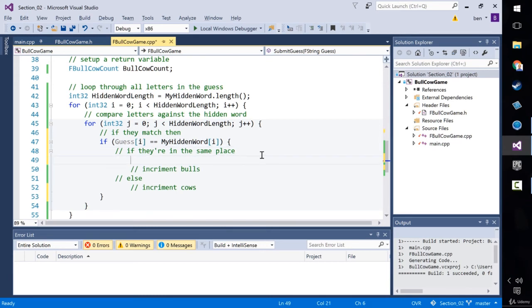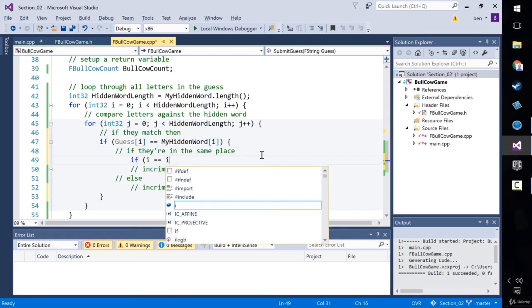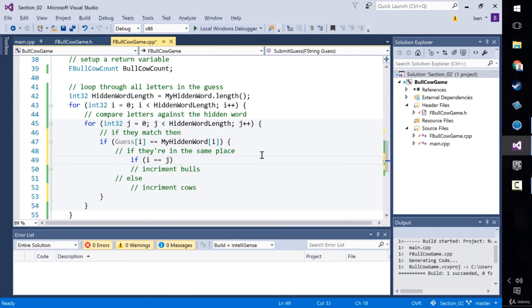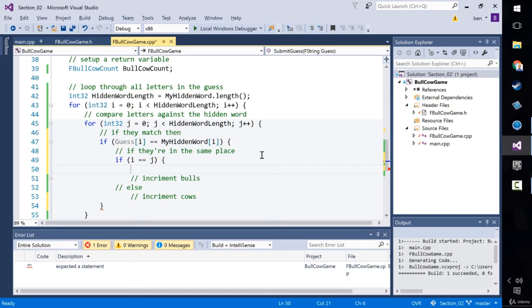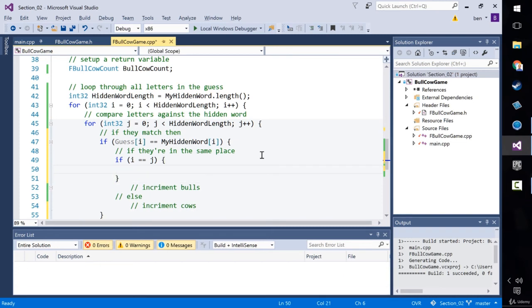Okay, so if they're in the same place, the way you say that is if I equals j. If the indices are the same, then we do something. What do we do? We just say we increment the bulls. So BullCowCount.Bulls++. Simple way of incrementing, and then we're going to say, and I can put that comment on the end, by the way,